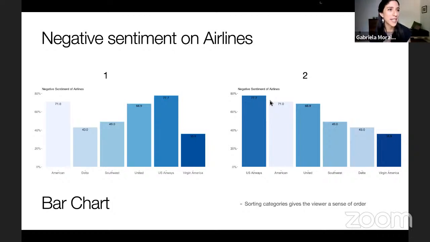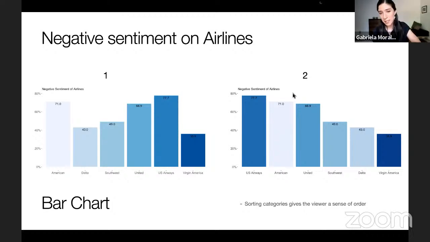Number 1 makes American stand out. Yeah, that's right, JM. Number 1 is also a way, if you want to emphasize one of the columns, you could do it this way or even change colors. We'll talk about colors later, but number 1 and number 2, I'm telling you, there's no one right answer. Usually we would lean for number 2, say, but think about another thing that you want to show. Maybe you want to show also